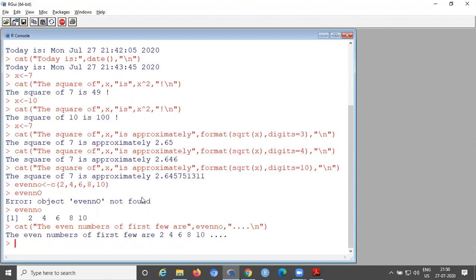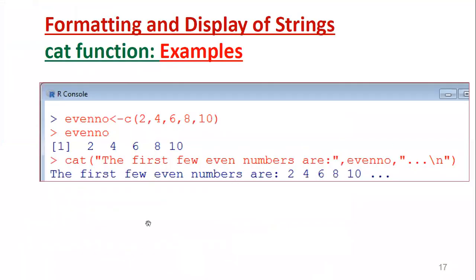Now you can see the even numbers of the first few are, so what we call even number, the vector we earlier stored 2, 4, 6, 8, 10, those will be displayed here. 2, 4, 6, 8, 10 dot dot, we used before /n. So like that, whatever vector you define will be displayed here. So this is another example of the cat function.